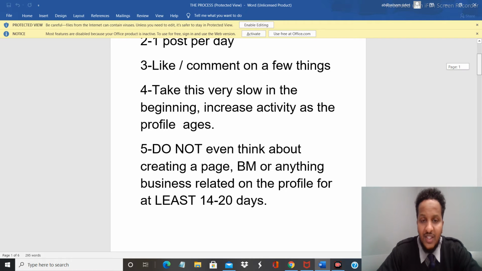So the fifth thing is do not even think about creating a page, business manager, or anything business related on the profile for at least 14 to 20 days, right? Yeah, so don't even go there. Just show Facebook, okay,